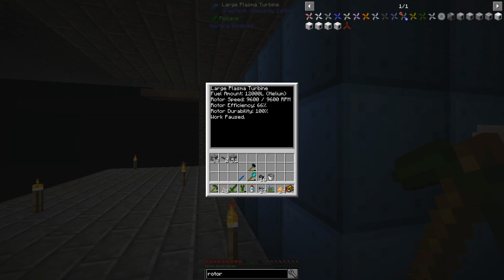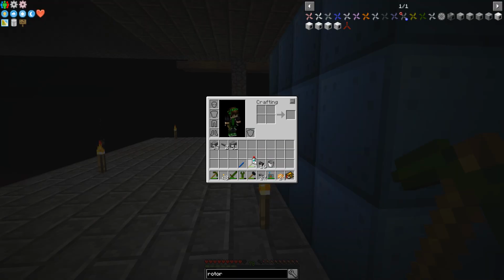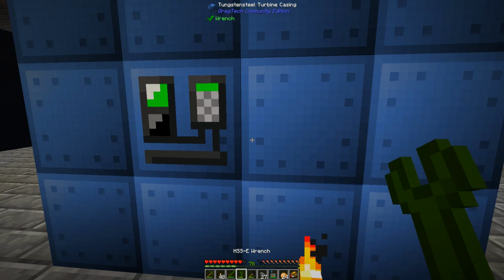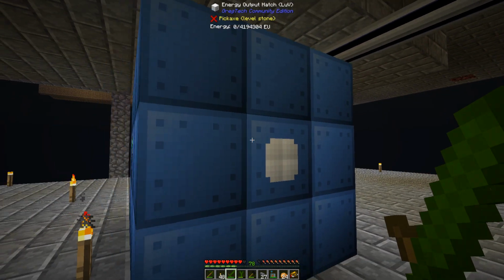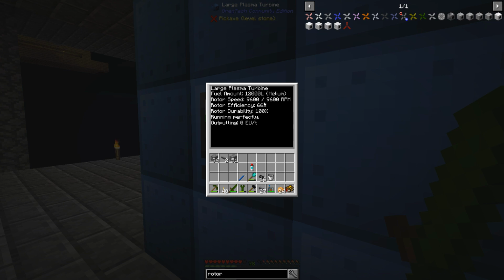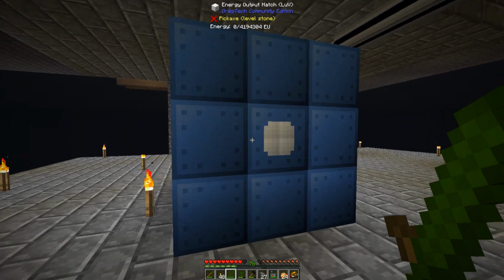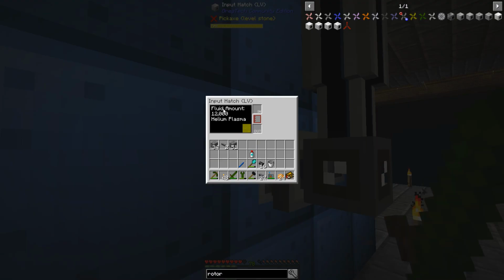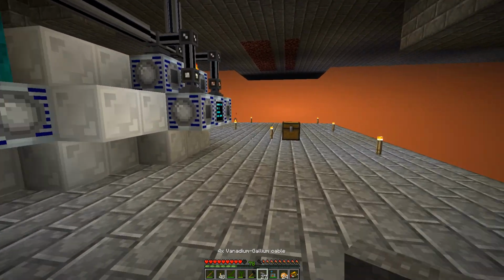Alright, so we are at 96 RPM, so in theory... and I have had some trouble trying to get this working before. Yeah, it's not outputting anything. I think it needs to tick over, so we'll just let it go for a little bit. Why isn't it picking up the helium plasma? It's not using the fuel, so I think it needs to wait, whatever, like 2 minutes it is. And then hopefully...